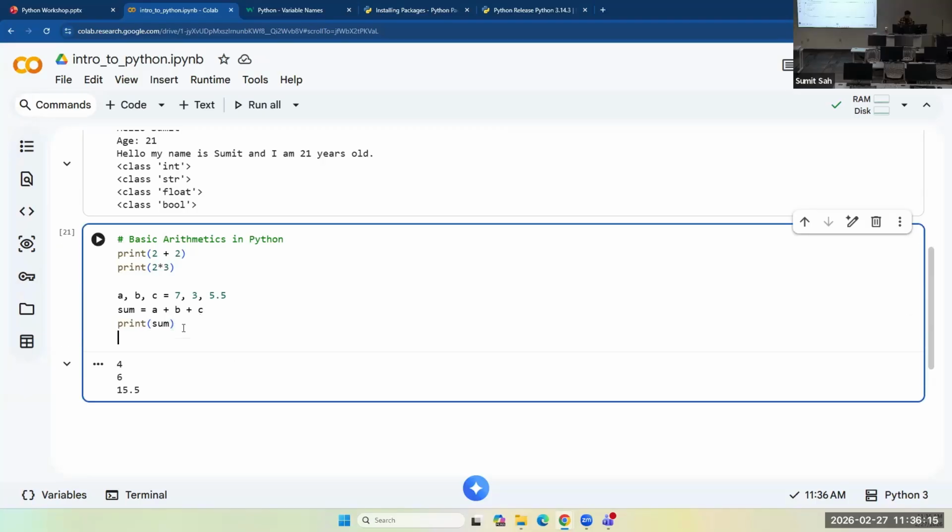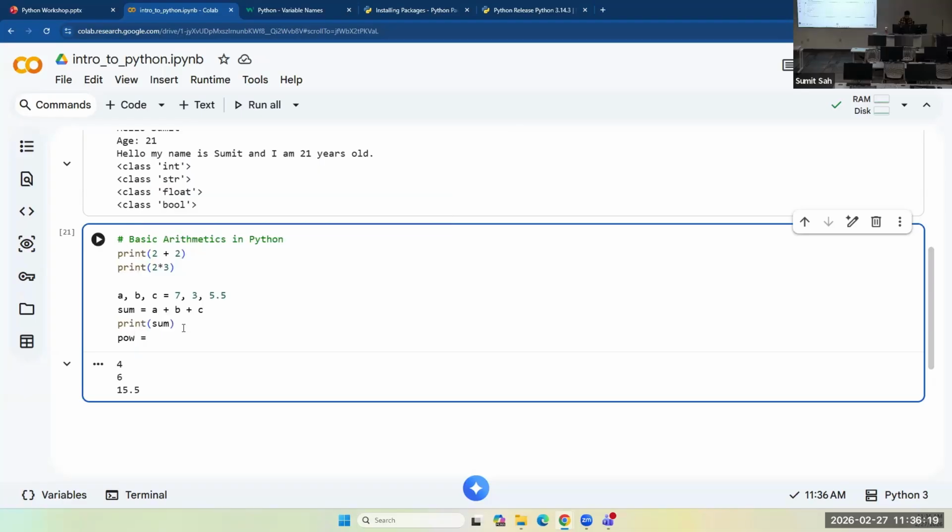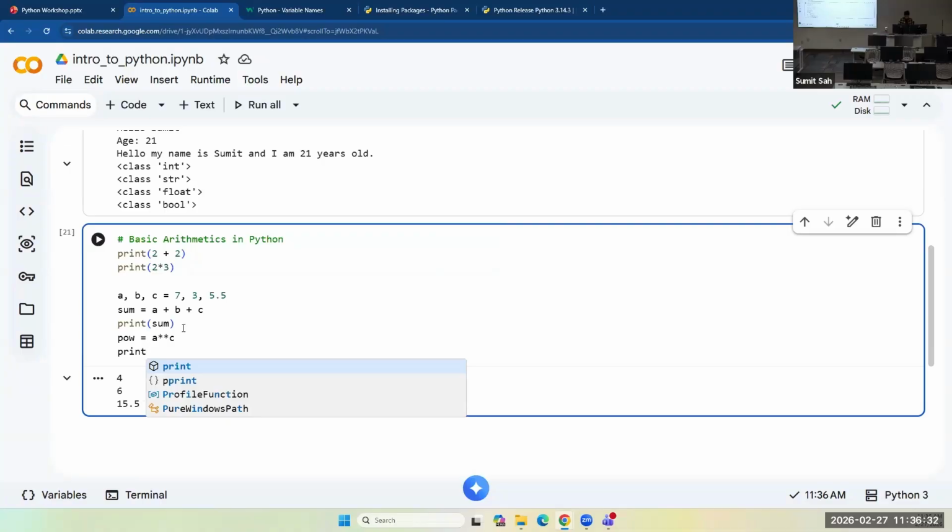Similarly, you could say a to the power of c.